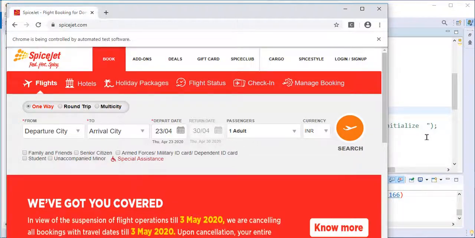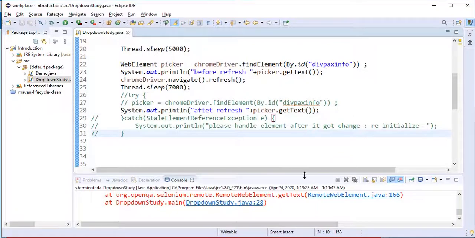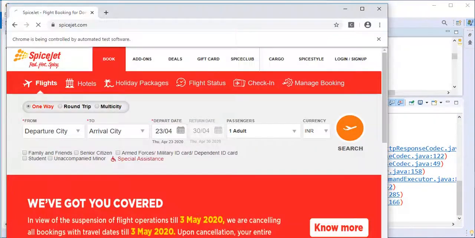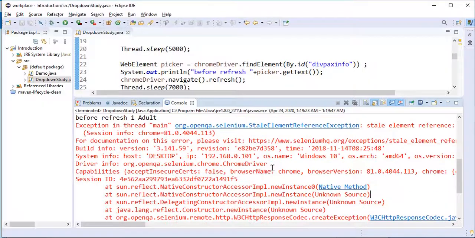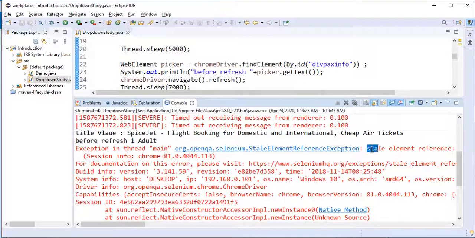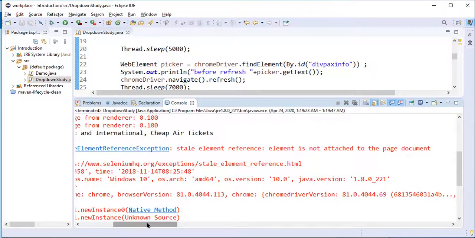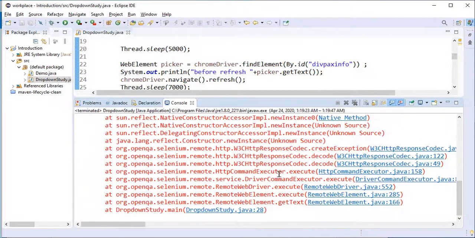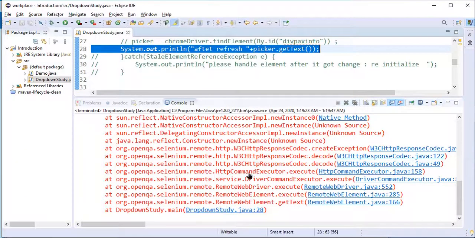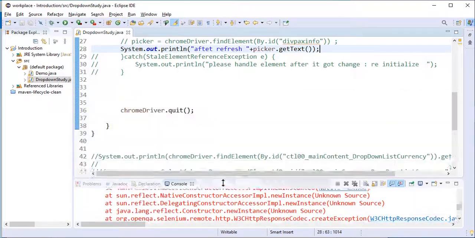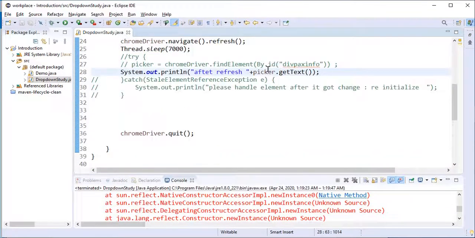Our browser has not closed. You can see here: stale element reference, element is not attached to the page. If you go down, you can select the line where this error is coming. Just click on the last one and it will highlight line number 28 in our program, where we got the error. It is not able to get this element.